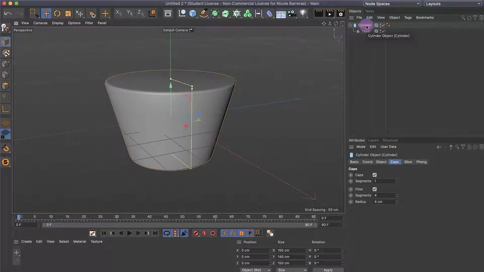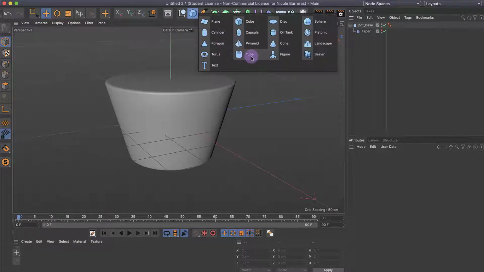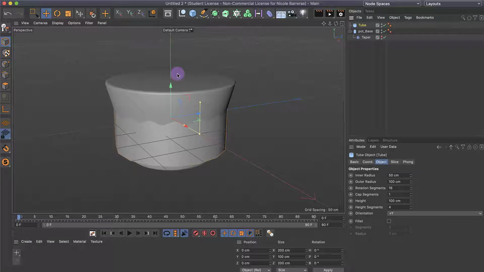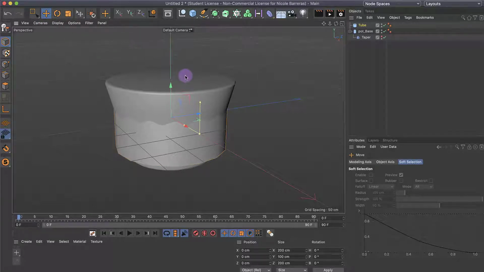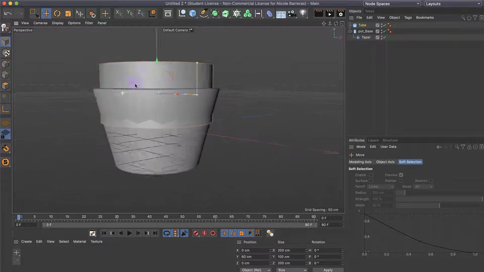Now, if we're happy with this, I'm going to name it pot_base and move on to the next step. The next part is we're going to add a ring around this pot. So we're going to go to our primitives menu, take out a tube, and with our move tool up here, or pressing E on your keyboard, we're going to move this upwards until it's about halfway through the top of